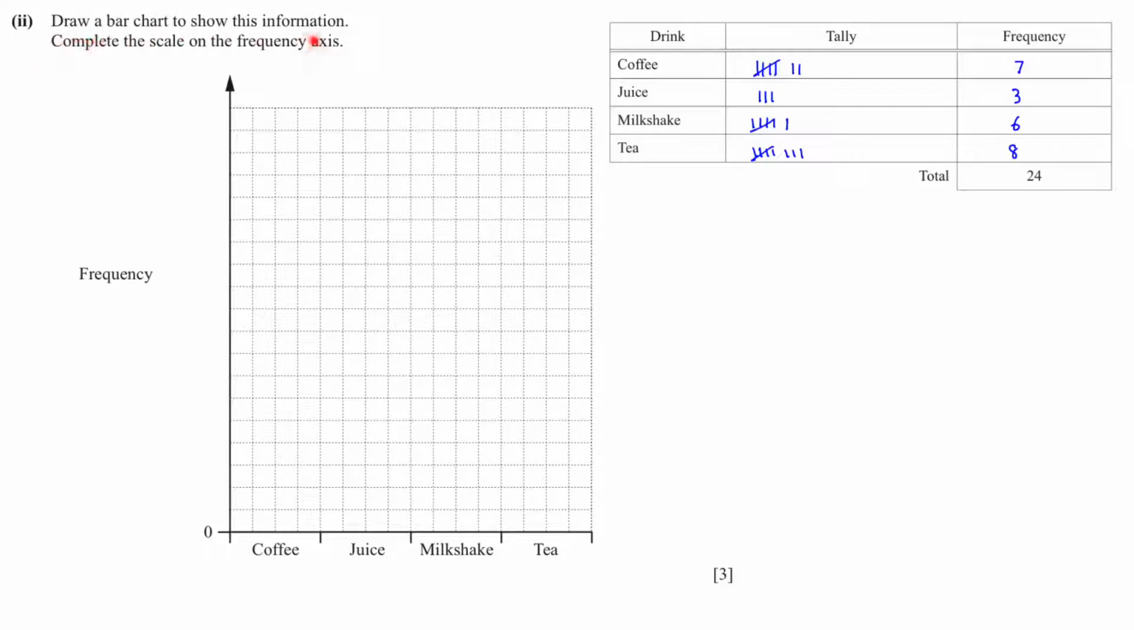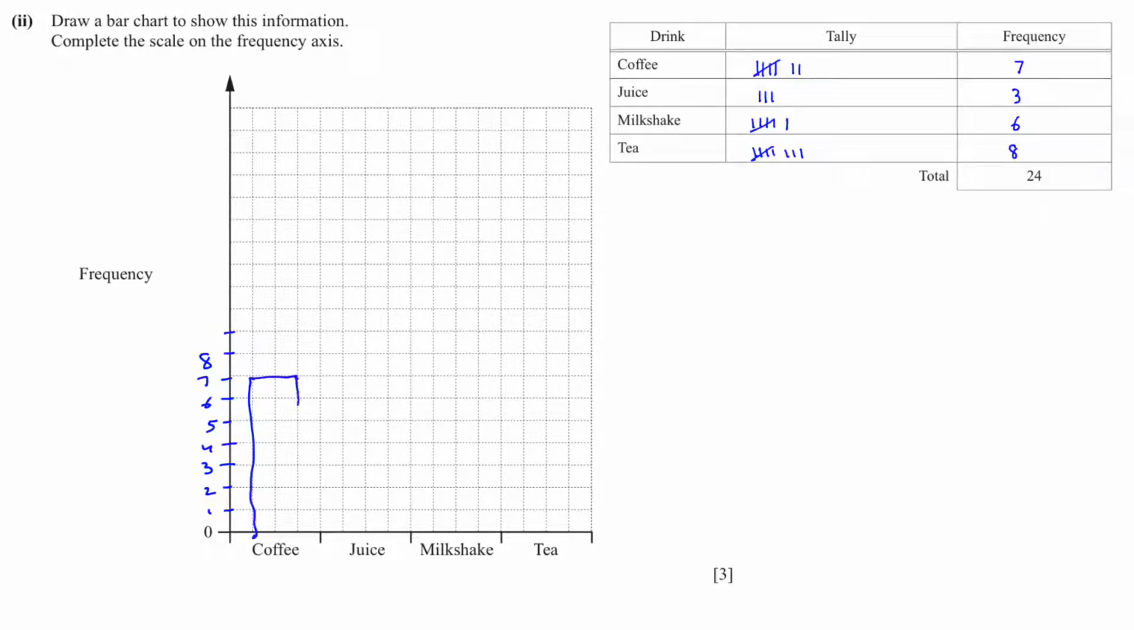Draw a bar chart to show this information. Complete the scale on the frequency axis. So this is the frequency. We will mark the points here. 1, 2, 3, 4, 5, 6, 7, 8. The maximum frequency is 8. You can either double and write it also, like for 2 squares you can write 1, or even this is fine. Coffee is 7. So make a bar